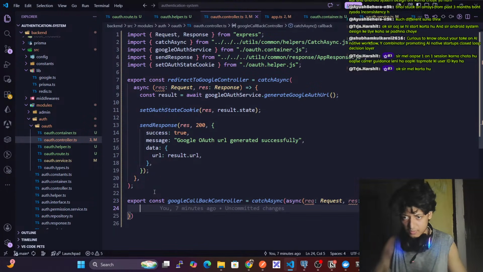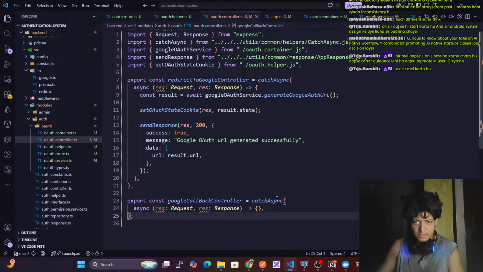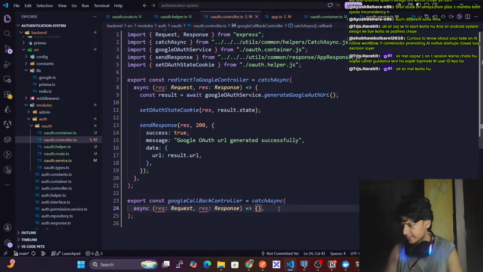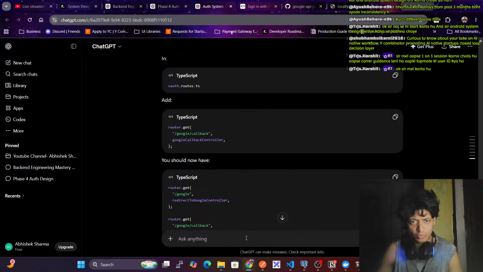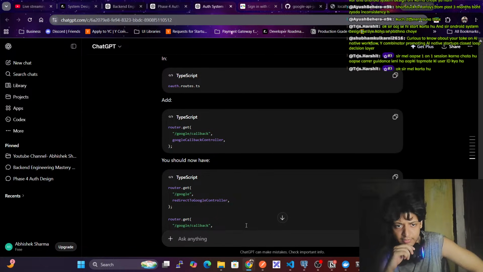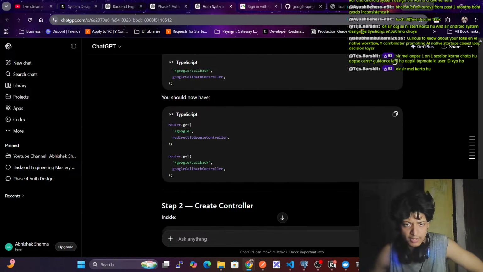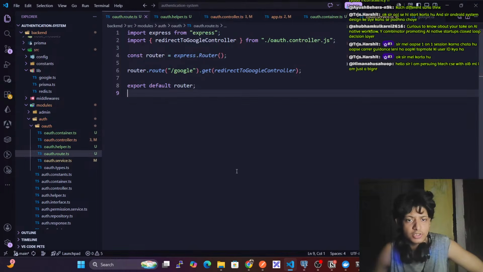Okay, fine, we have this. Then after this we have to work on that. Okay, so first you have to create that route and then the controller. Okay, you should now have route get Google callback controller, Google callback. Okay, so if I go to this route,